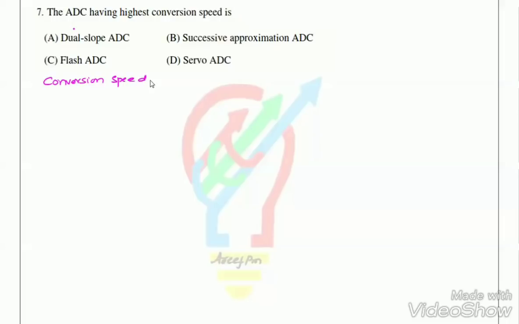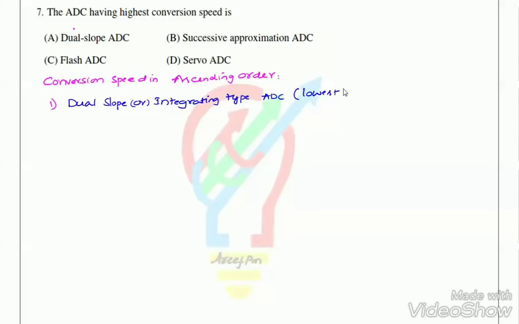Conversion speed in ascending order. The first one here we have is dual slope or integrating type ADC. Dual slope or integrating type analog to digital converter, which is lowest conversion speed